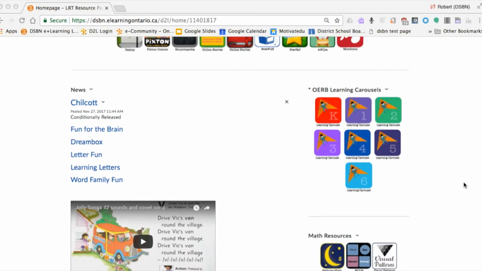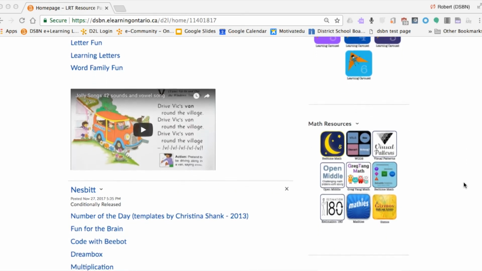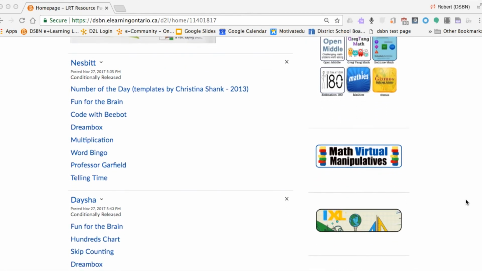So D2L allows me to differentiate for individual students. I can add posts specifically for a student that only that student would see. For example, I've got up here Jolly Phonics, and that's being used with a grade 2 student who is still struggling with letter sounds. Compared to another student where I have a higher level reading posted,